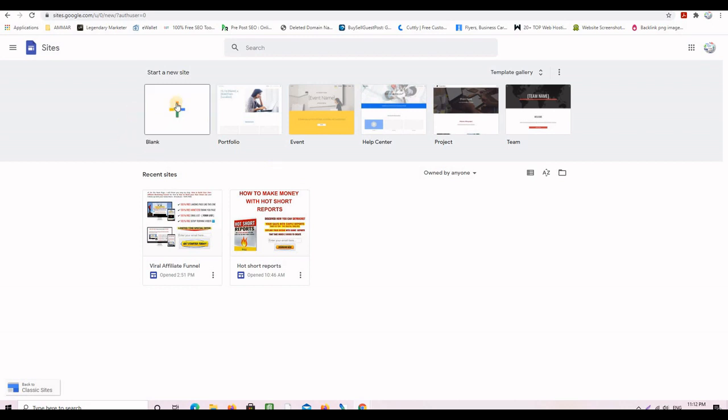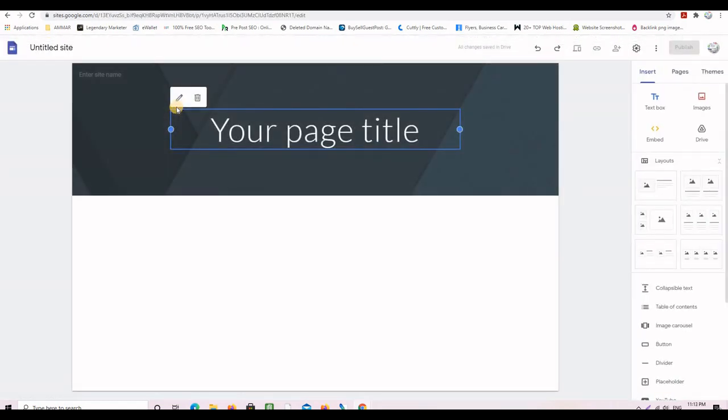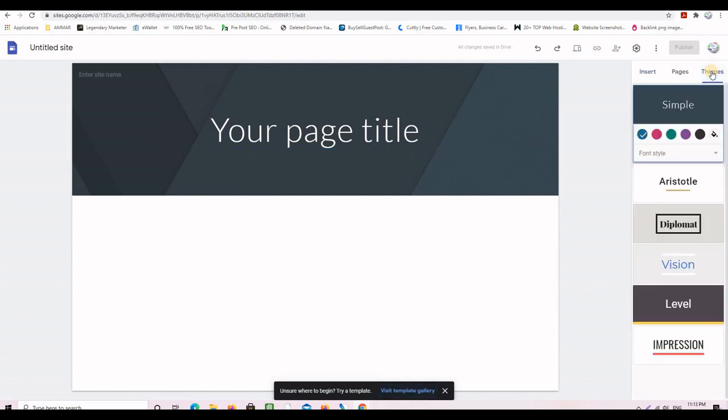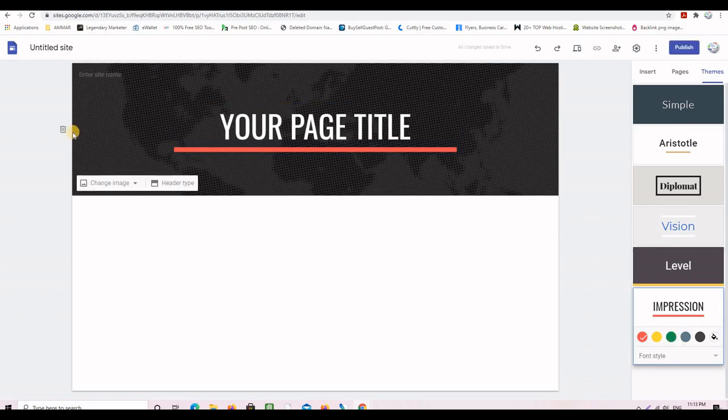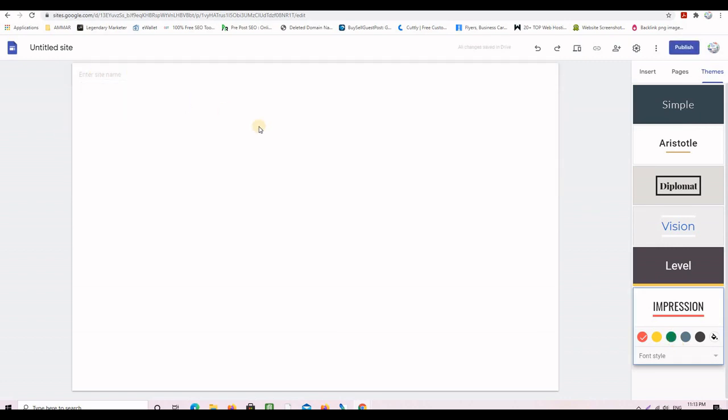All you have to do is click on the plus sign here to start creating our landing page. So let's go ahead and do it. I click the plus button here, and Google Sites will present me with an empty template to start. But this is based on a theme, and I don't want to use a complete theme. I just want to use the style. So I'm going to choose this impression theme here. But I will get rid of everything that is already on the website or on the landing page,